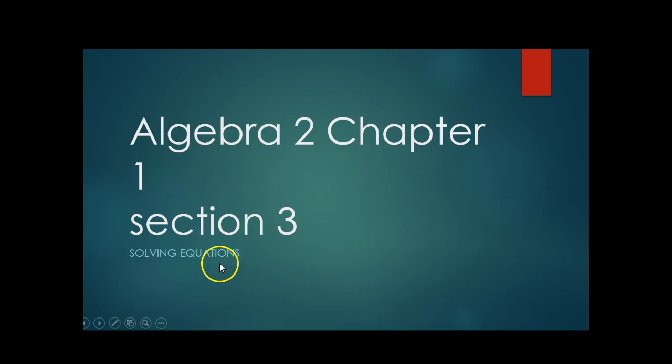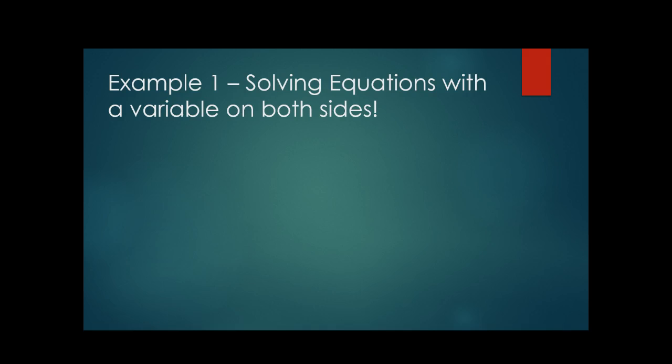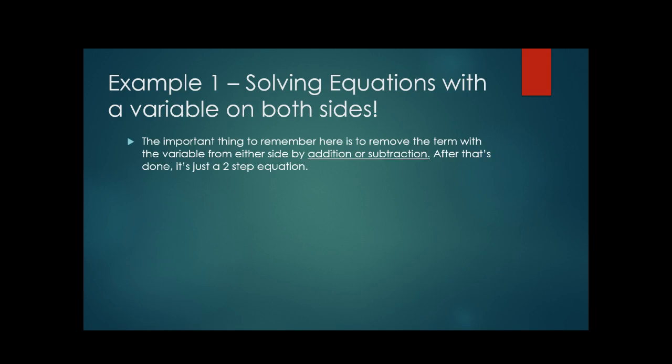Today in Algebra 2 we're going to be working on solving equations. That's Chapter 1, Section 3 in our Algebra 2 book. Starting with the first example, we're going to be solving equations where we have a variable on both sides of the equal sign. The important thing to remember here is to remove the term with the variable from either side